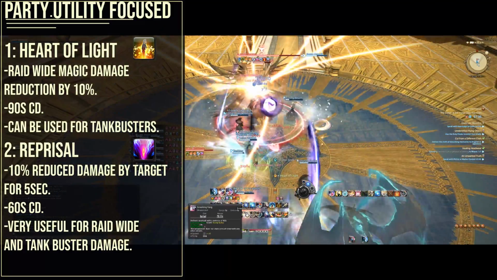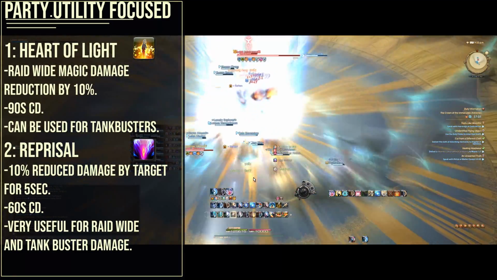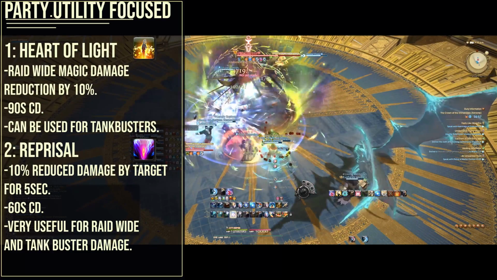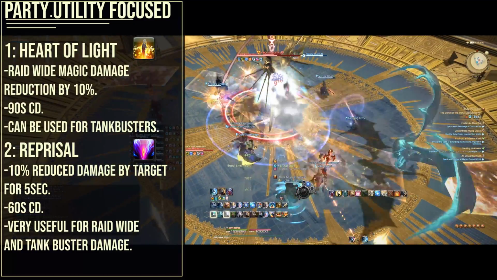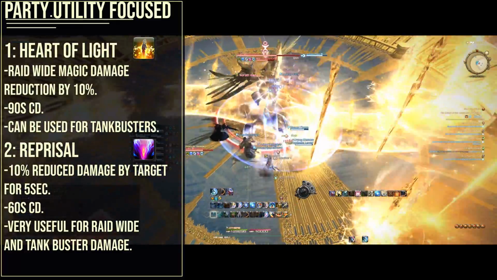Meaning both of these abilities can be used to reduce tank buster damage on one target as well. Combined together, these can reduce raid-wide damage by 20% or tank buster damage by 20%. For these two abilities, it is advised that you coordinate with your co-tank so that you can ensure one instance of Reprisal or Heart of Light or a different cooldown that's similar is up for each tank buster or raid-wide